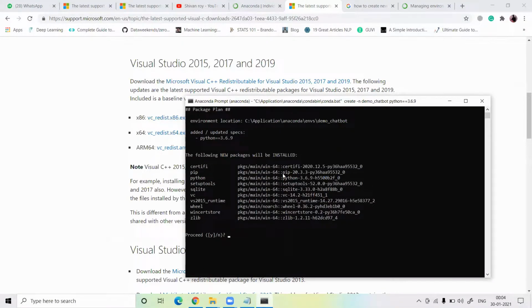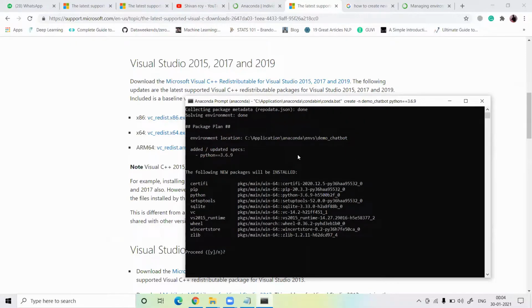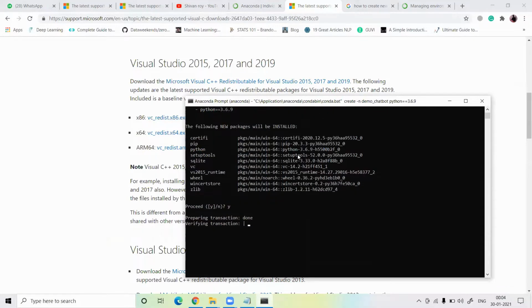After that, create a new environment in your Anaconda project. Hit Y for yes, and the environment creation will be done. It takes a few seconds, depending on your internet speed.